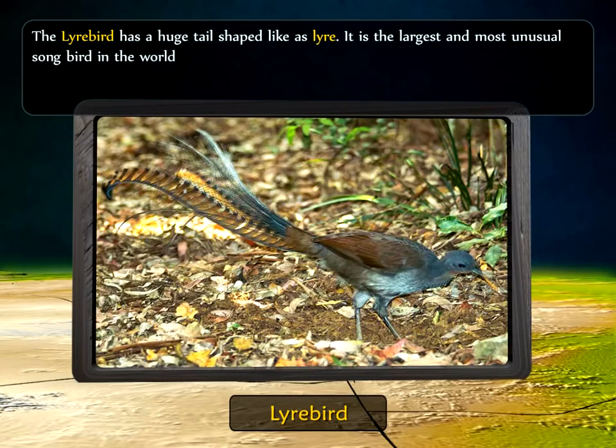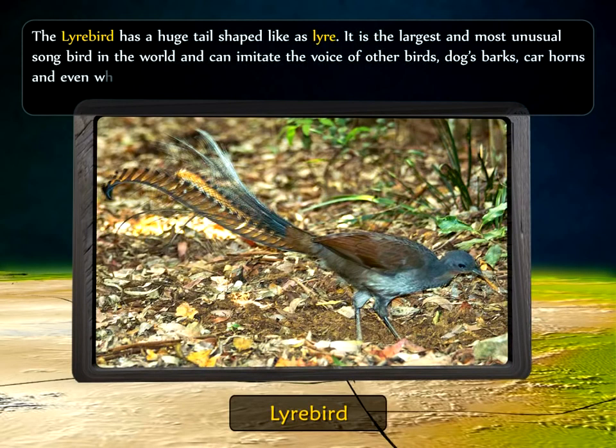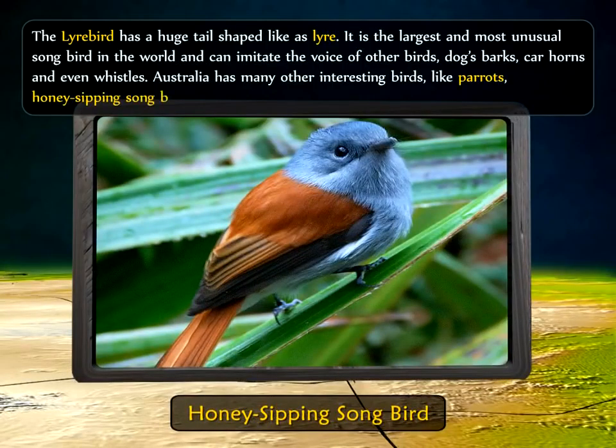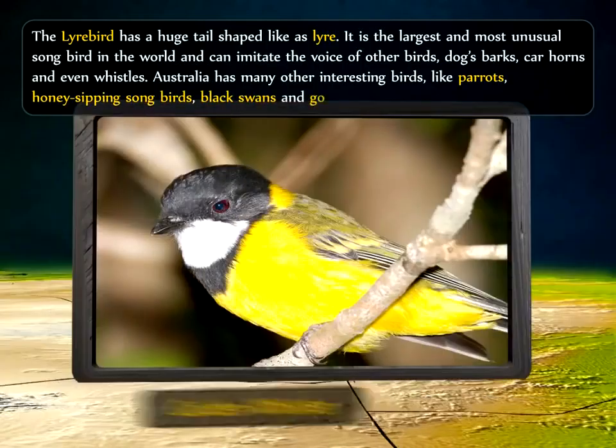The bird sings well and can imitate the voice of other birds, dogs barking, car horns, and even whistles. Australia has many other interesting birds like many kinds of parrots, honey-sipping songbirds, black swans, golden whistler,